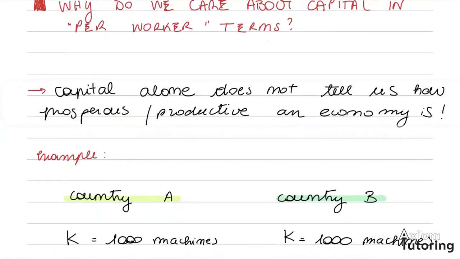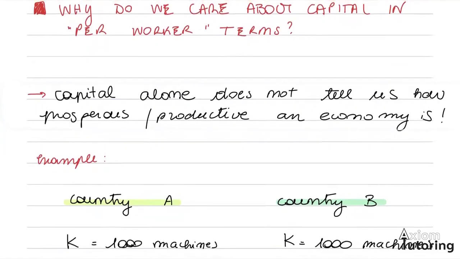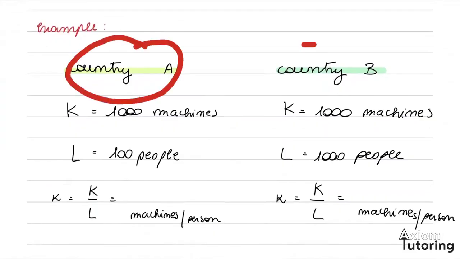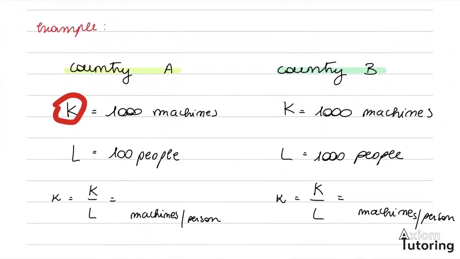Let's try to figure this out through a numerical, very simple example. Let's suppose we have two countries, country A and country B. They both use capital and labor as factors of production. Specifically, they both have the same amount of capital in aggregate terms. So if we were to look at capital in aggregate terms, we would basically say that both countries are productive in the same way. However, we would be wrong if we failed to look at how many workers there are